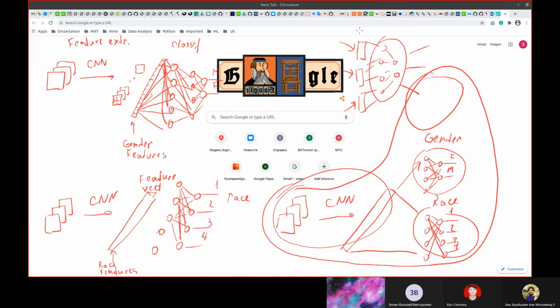Because this is like a bottleneck maybe, it's not a good way. Better if you use different classificators for race, age, and gender, but using just one feature vector, which was extracted from your convolutional neural network. So this is the correct way for solving this task.